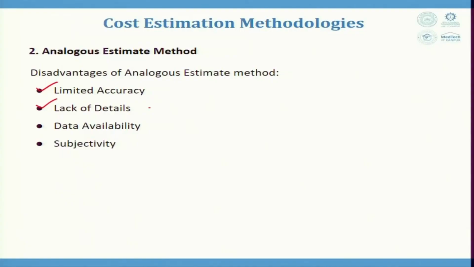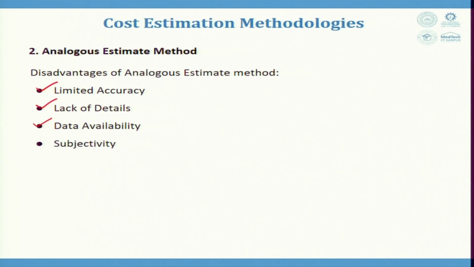So, lack of details sometimes is there, and data availability sometimes is limited for the past or the historical project data that is there. So, we are only using the data whatever is available to project the cost of the